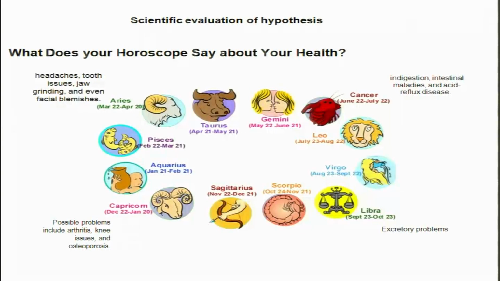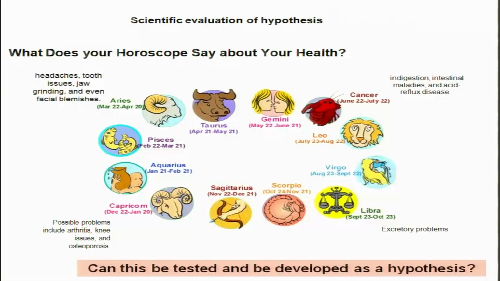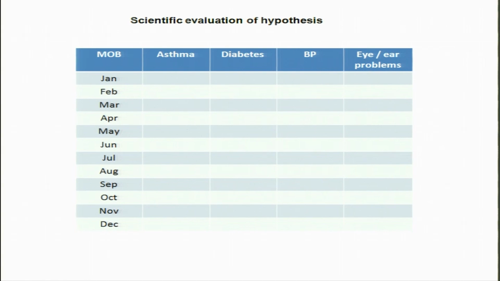So now, is it true? That's the question. How valid are these predictions? Can this be tested? It can be tested. You can do that, right? This is something that I often give as an example in the classroom at IIT when we do this course, and I ask the students to think about their parents, father, mother, which year they were born, what kind of ailments they developed, and try to make a chart, which is something that you may also wish to do. Talk to all your friends and then